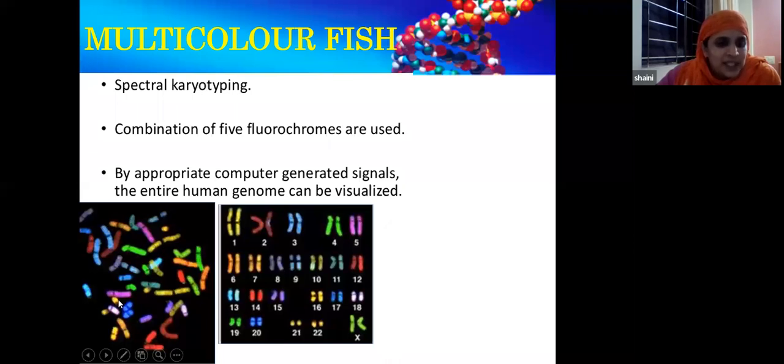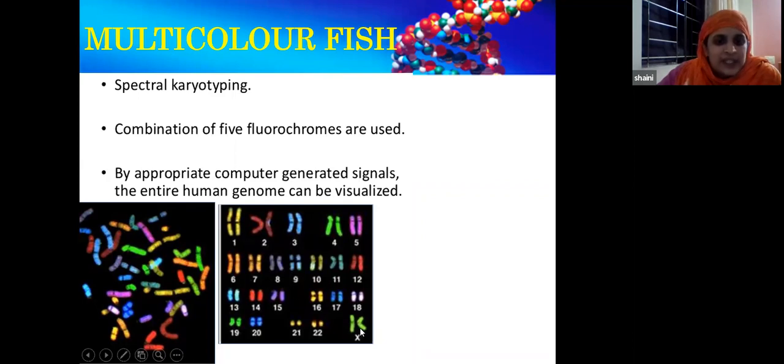So this is how it will look after you hybridize it with a fluorescent probe. Now, after this coloring is done, using computer technology and a particular software, according to the length of the autosomal chromosomes, it is all arranged from 1 to 22, and finally the X and Y chromosome. Based on the length, the lengthiest one is generally made number one, and the 22nd one is the shortest.